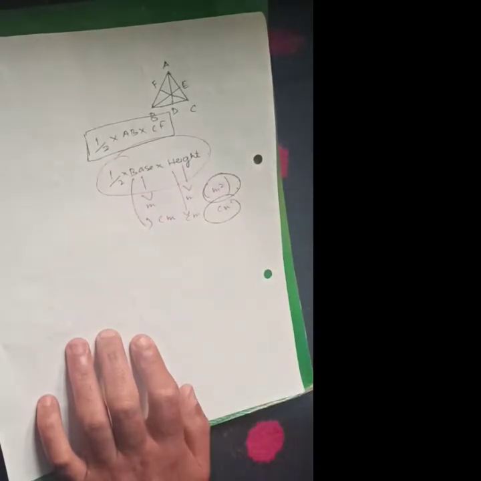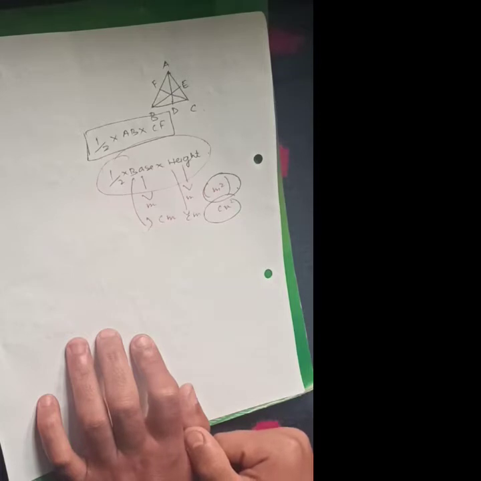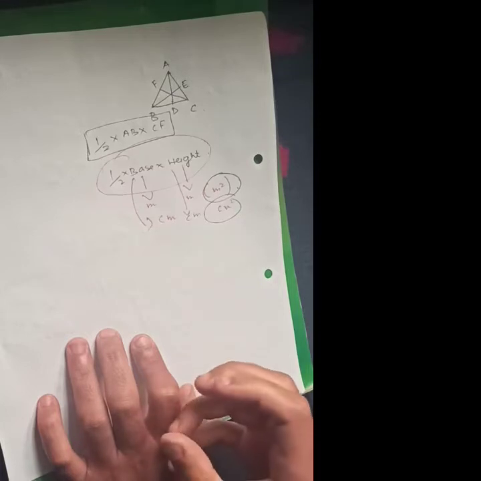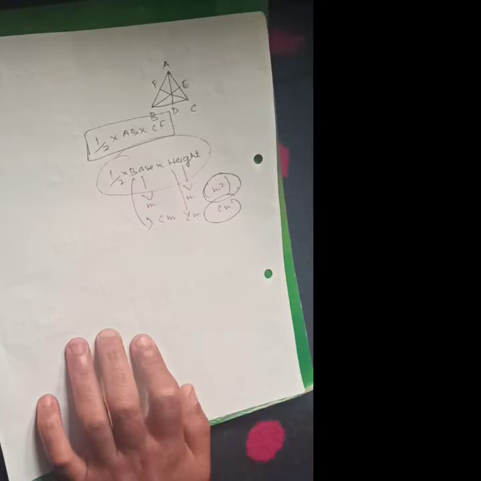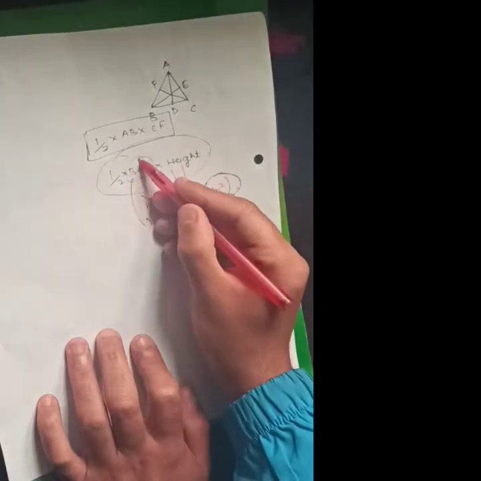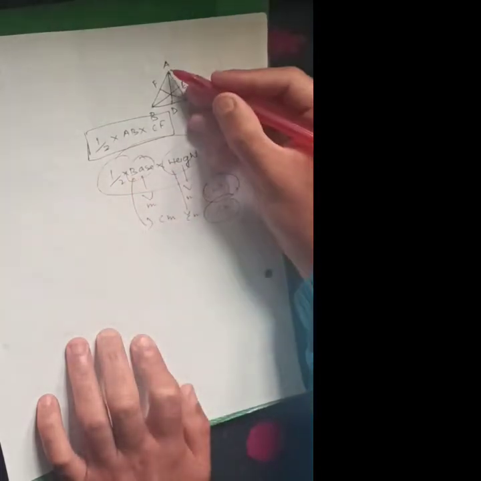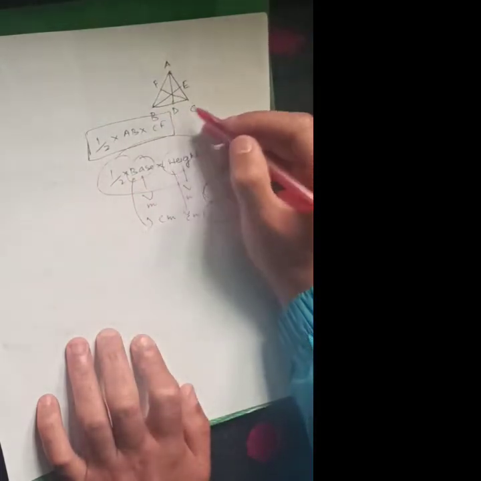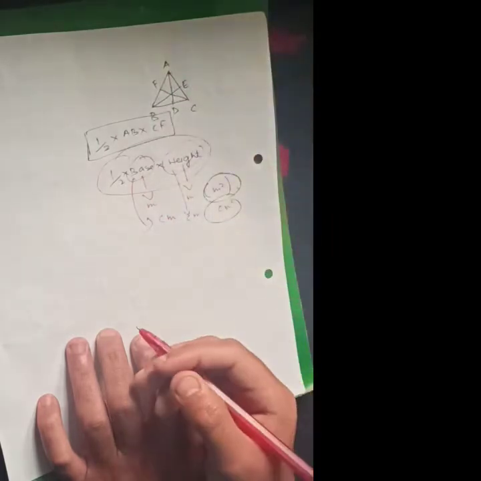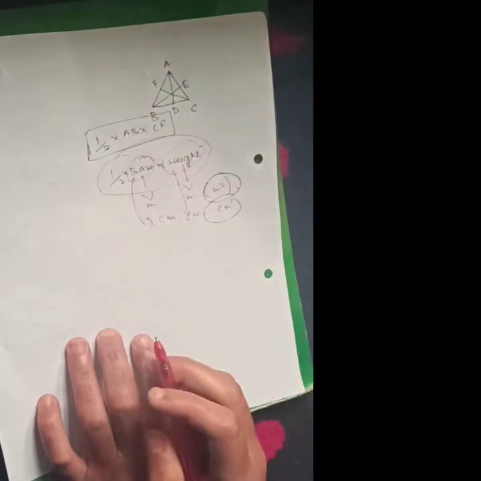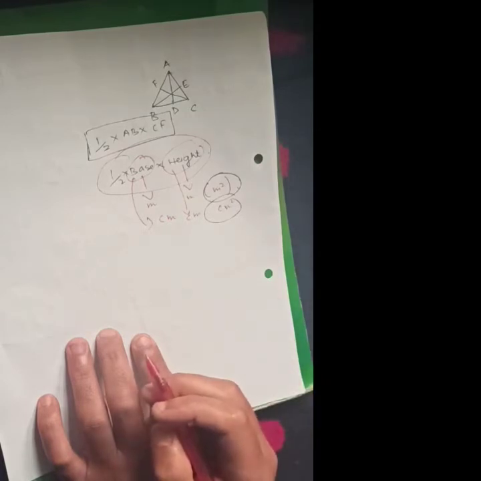Now move towards the topic. The question that will come into your mind is how to find the area of that triangle in which neither base is given nor height is given. Only the sides of the triangle are given. That's only side AC, side BC, side AB will be given, but not base nor height will be given. How to find the area of that triangle? That means हमें area of triangle निकालना है.